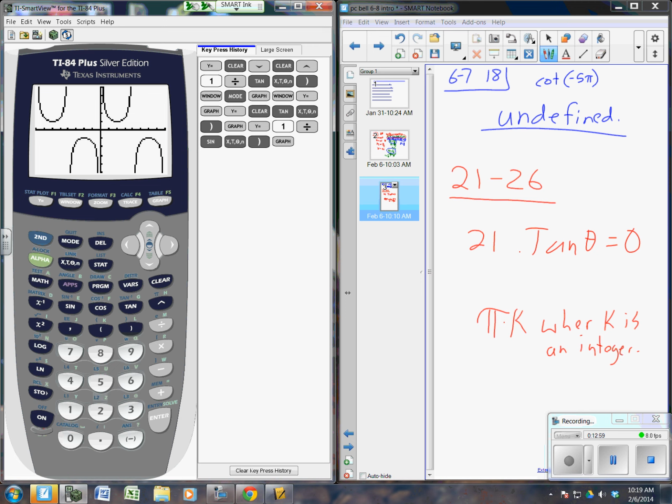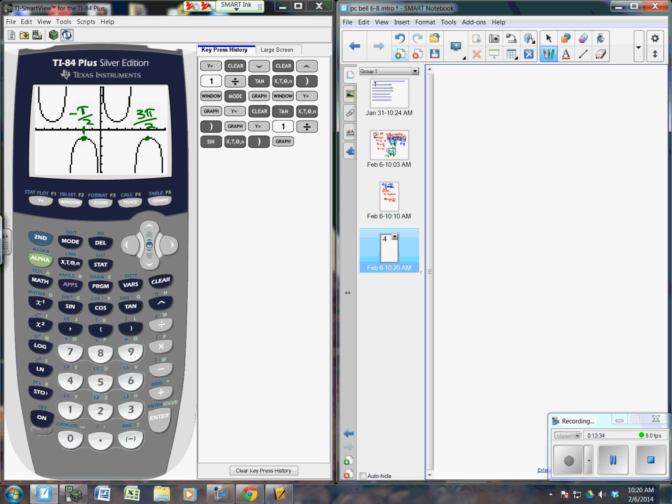Well, right there it's a -1, right? And right there it's a -1. Do you see those? Well, where is this one? What's this x value? This is -pi/2. And what's this one? This is 3pi/2. Okay? And so we could describe it in a couple different ways. How did they describe it in the back of the book? Yeah. So when they say it like that, they're basically saying,